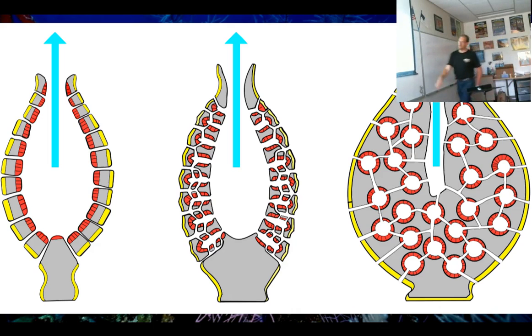So obviously, this filters only once. This can filter at a couple of points. This can filter very, very well. So you find these sponges in waters where the food is not as plentiful. And these do a better job of filtering the water. What comes out the top is pretty much just pure ocean water. And all of the little dissolved things that it might have been able to eat have been caught. And it will try to eat them all. So this is a more complicated, more thorough body plan. And this is more of what you find in our water. So that's something that you will see here.